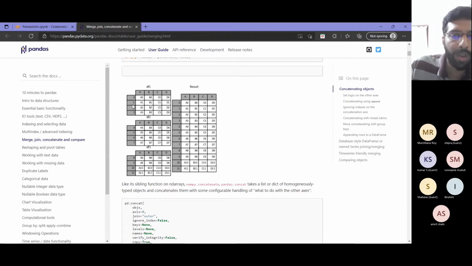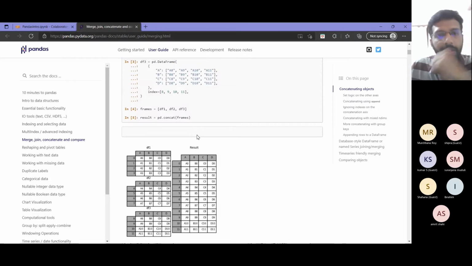So here, assume you have 3 data frames: data frame 1, data frame 2, data frame 3. The first example is similar to our append. You have keys corresponding to A, B, C, D in all 3 data frames, and you want to append first df1, followed by df2, followed by df3. The indexes are also no confusion here: 0, 1, 2, up to 11. So you can directly use this index.